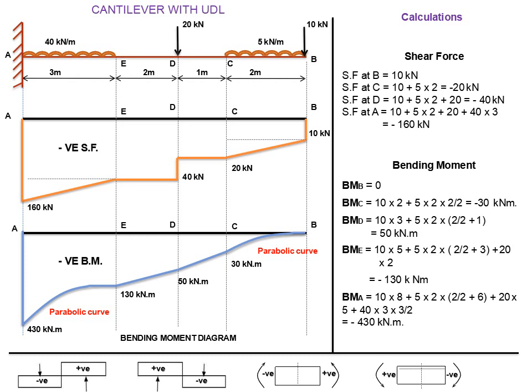Next, the bending moment at point A. You have to consider all the loads: 10 into the distance 8, and next 5 into 2 plus its distance, half of this 2 by 2 plus the full distance 5 plus 1, which is 6, plus 20 into the distance up to A, 5, and due to the 40 kilonewton UDL load, which covers the full span, 40 into 3 into 3 by 2. By simplifying this, we get the bending moment as minus 430 kilonewton meter. After finding this, mark the values and get the shear force and bending moment diagrams.